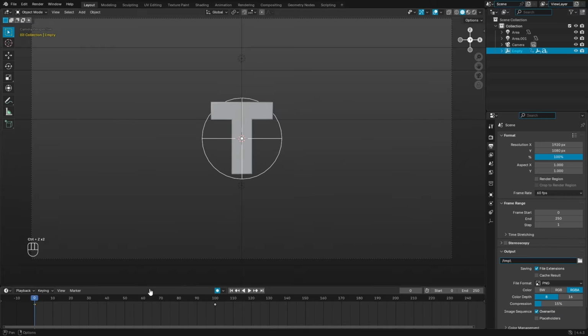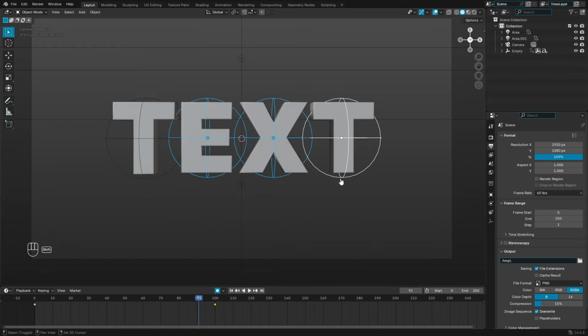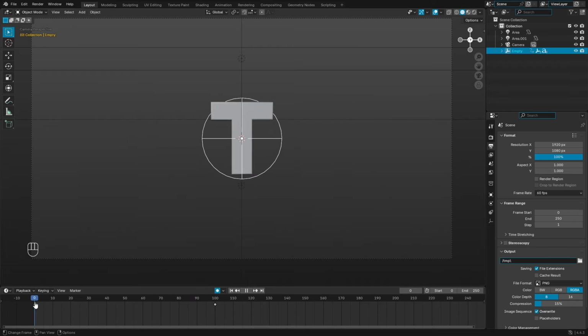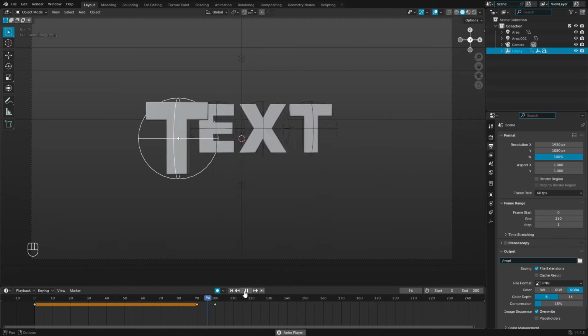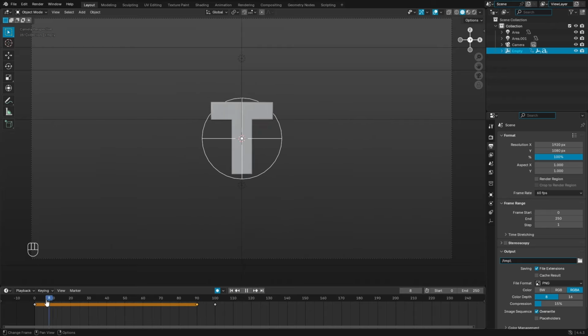Actually, wait, no, I'm not going to do that. Sorry. I'm going to grab these letters inside here and make it so that their first keyframe is on 90. That's what I meant to do, not the T itself. There we go. Okay, so I also will do that with the T. I'll put the T so it stays in the same location, and then it just explodes with the letters like that. There we go. Now, obviously, it doesn't look the best still, so let's go ahead and make a little cool animation on the T,